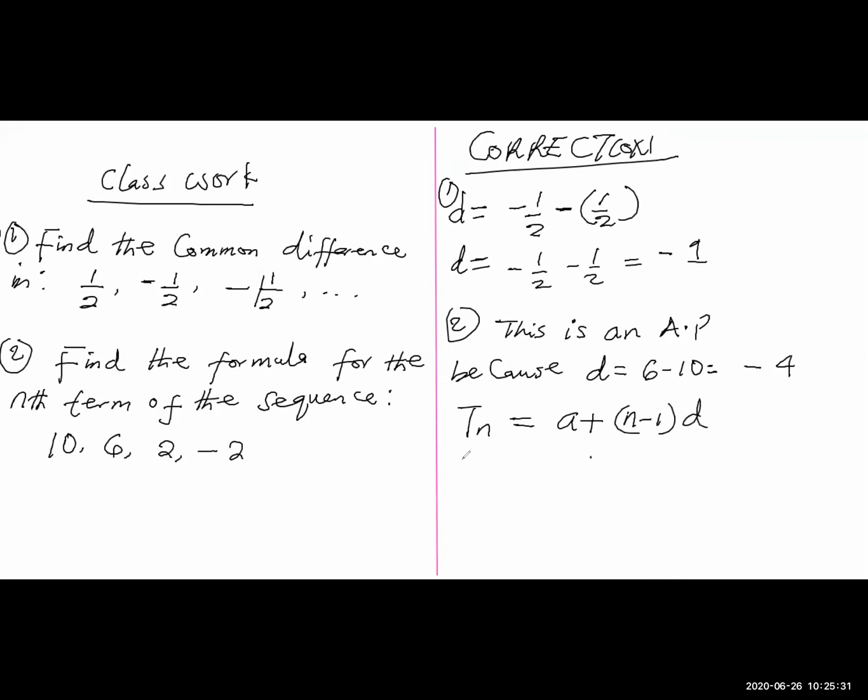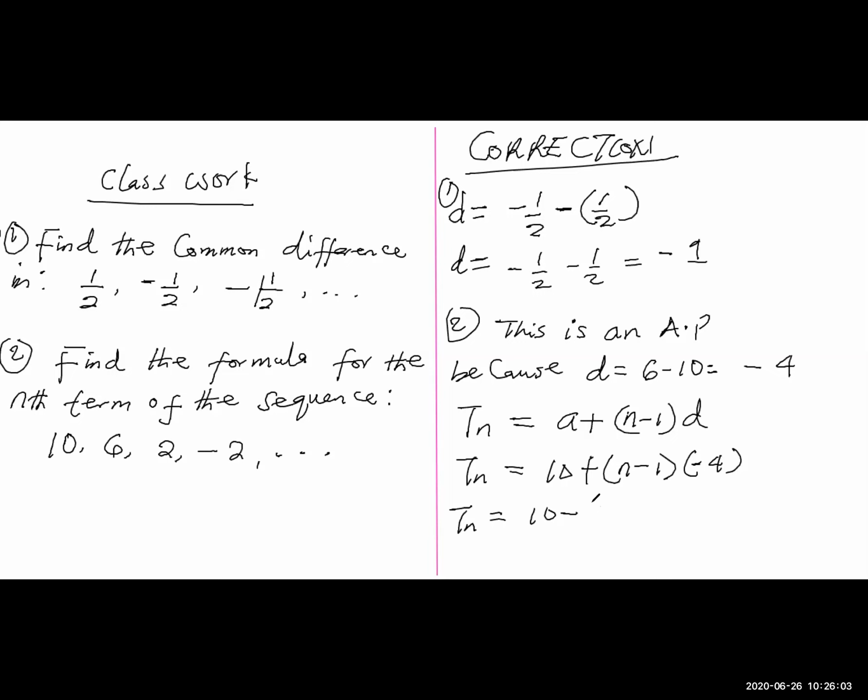All right, that will now give me Tn. I want to now adapt it to this particular sequence. The first term there is 10. That will give me 10 plus n minus 1. I don't know the number of terms that are there. It just continues. Okay, it continues. So our d is minus 4. So that will give us Tn is equal to 10 plus, we use minus 4 to expand, that will give us